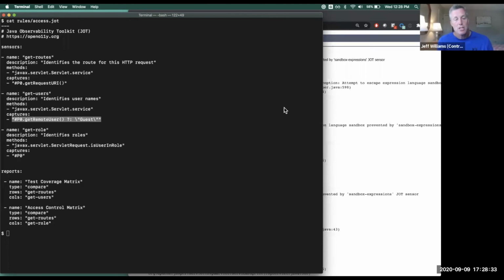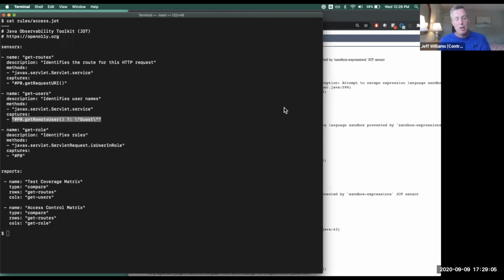Yeah, it's a fair question. IAST requires dramatically less tuning than, say, static or dynamic tools. Because IAST has all the context from inside the app, it doesn't tend to make the same kinds of mistakes. So you should see a dramatic improvement in accuracy. That doesn't mean that it's perfect. The kind of tuning that we see the most is sometimes you have to tell the IAST about a security control that's in place.